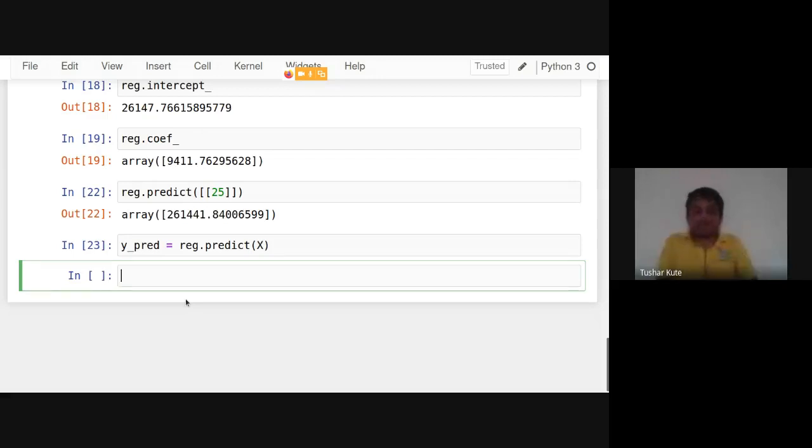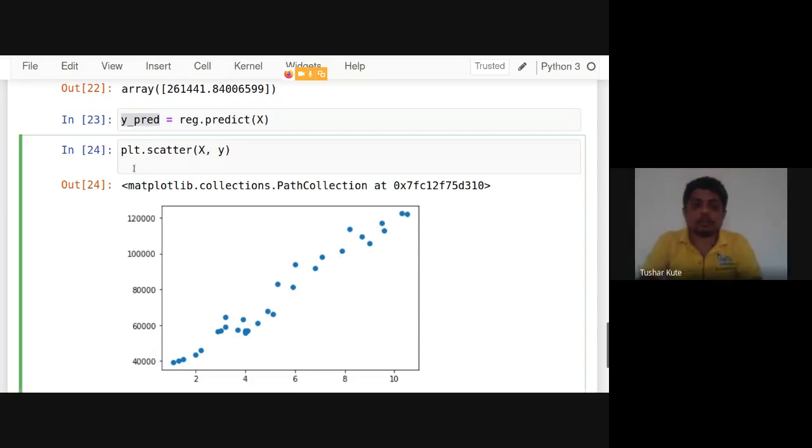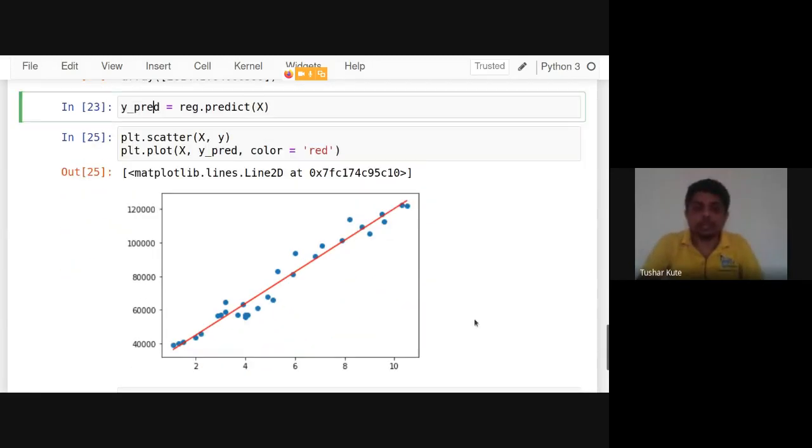Correct. Now if you want to compare them, first of all I will plot the original data which we have seen, plt.scatter with X and Y. This is your original data, and on that I want to fit the predicted values: the same inputs are given and the predicted values are y_pred, which I'll also plot, X and predicted Y. Let's change the color. See, the red one is predicted by the algorithm and the blue one is the original data set.